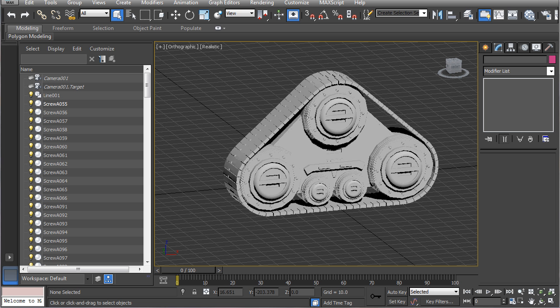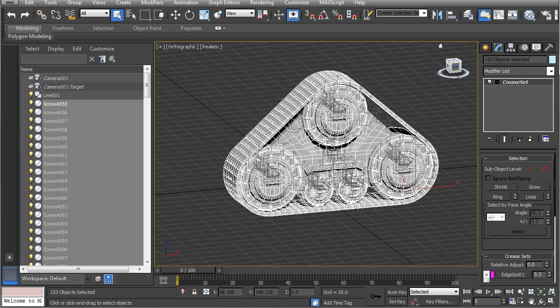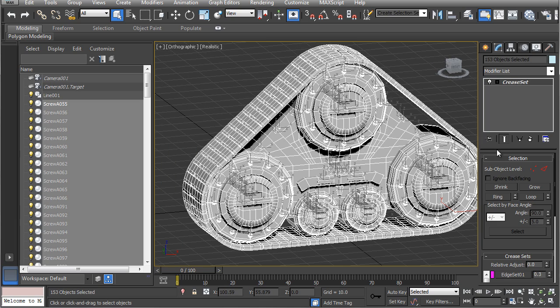Hi, my name is Neil Blevins, and this is part 2 of a tutorial on OpenSubdiv inside of 3ds Max. This tutorial is going to be mostly focusing on how you can move models back and forth now between Max and Maya and Max and Mudbox. A lot of the problems that you'd have before trying to do this sort of thing are no longer a problem. So to start off with, let's take this tread model that you saw previously,